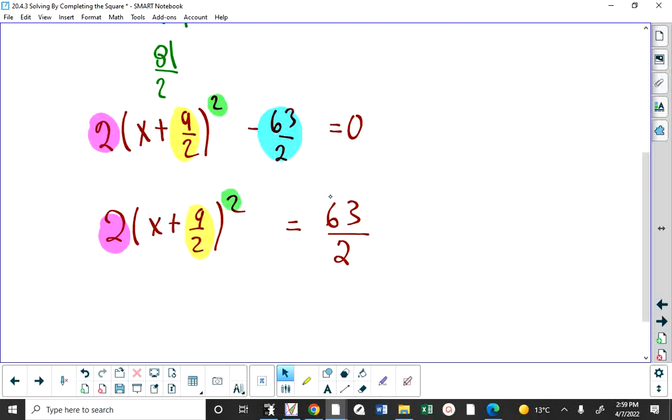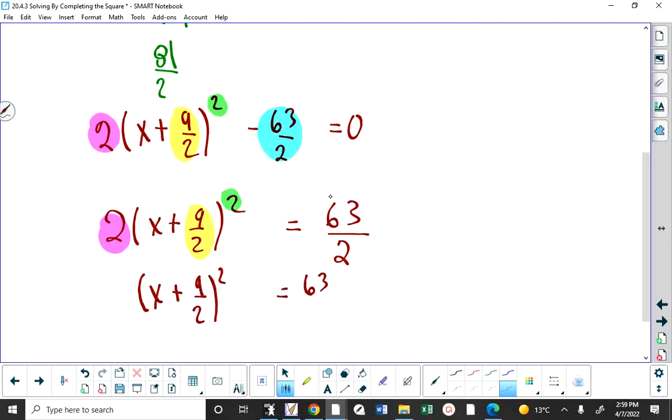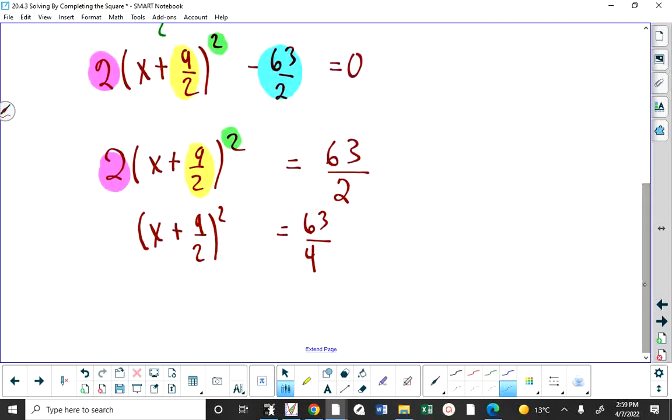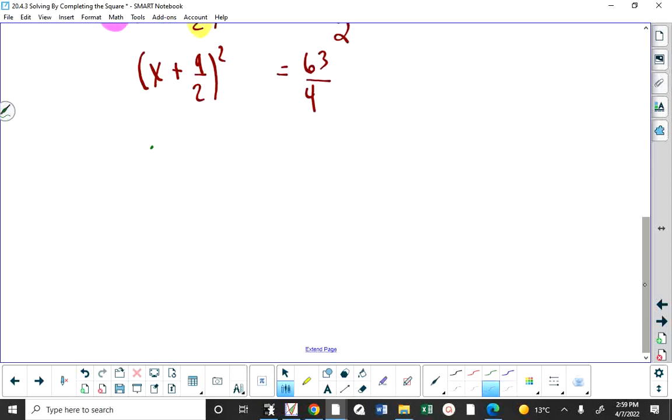Myron? The 2. Which 2? There's 2 2's. Yeah, the pink one. I can divide both sides by 2 and get x plus 9 halves, quantity squared, equals 63 over 4. Over 4, because I'm dividing by 2. Now I can take the square root. So x plus 9 halves equals plus or minus root 63 over 4, which is root